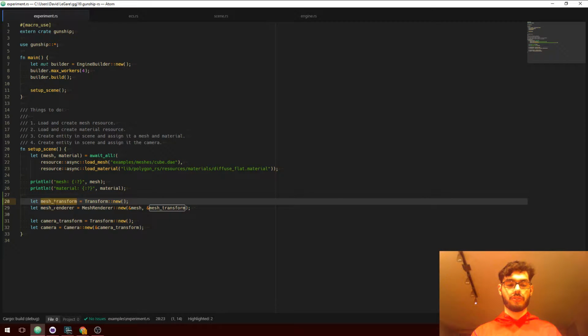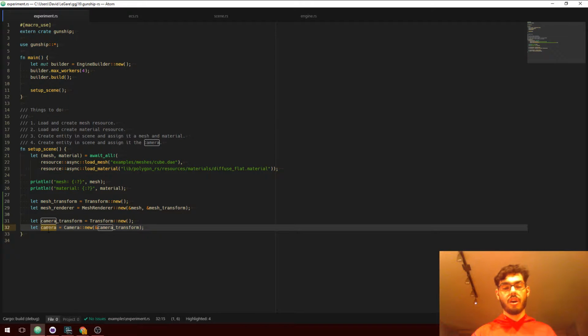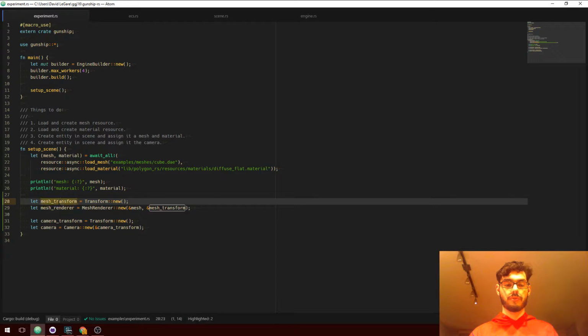They're now handles. You create them with new. They have destructors, or they have a drop implementation, and their drop implementation, once run, tells the engine, okay, you can clean up, this data is no longer in use. So each of these, this transform object, this mesh render object, this camera object, all have ownership semantics. And their ownership semantics say, I am the one true owner of that data, even though the real data is internal to the game engine.